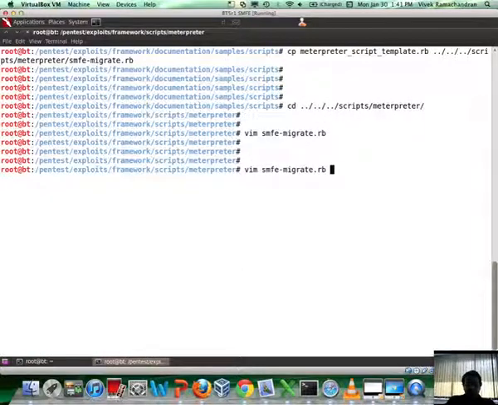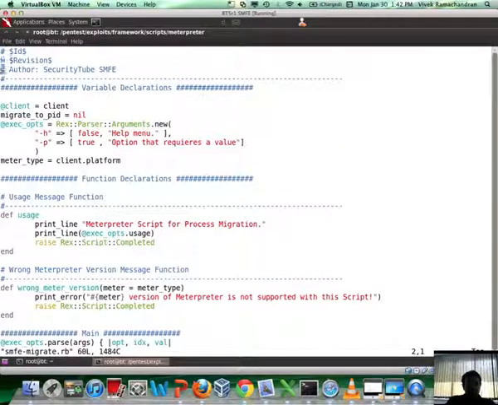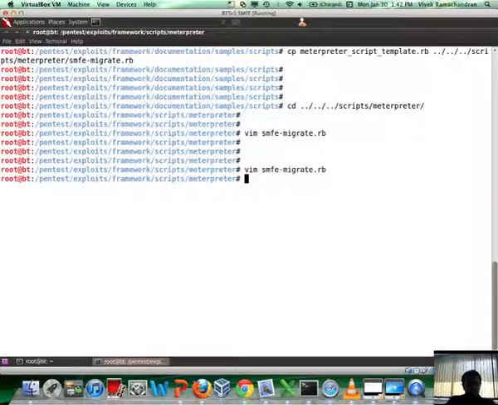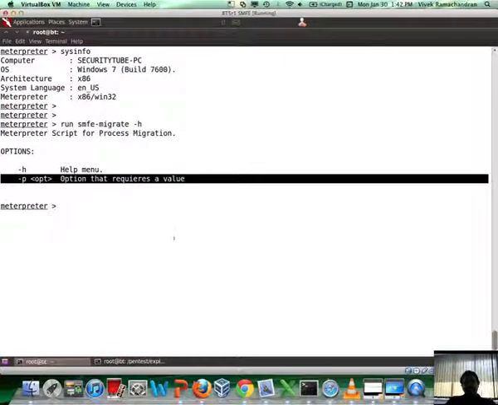Let's go ahead and quickly change that to enter the PID to migrate into. Okay, quick change here. PID to migrate into. Actually more of PID of the process to migrate into, but hey, I'm not a native English speaker, I can get away with it.